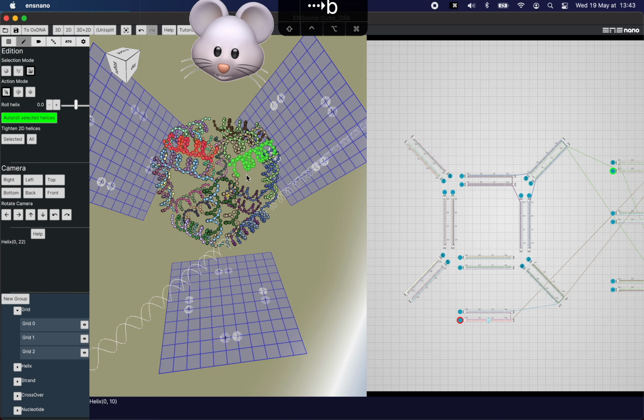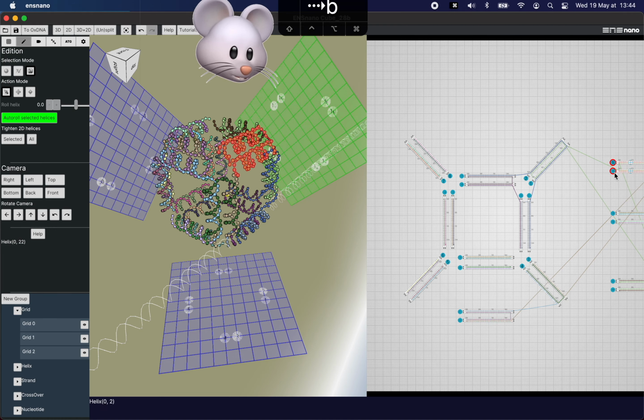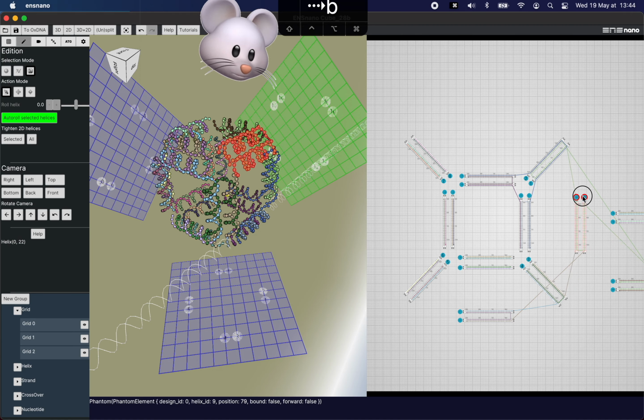So it's 10 and 9. I'm reading the numbers from the status bar at the bottom. Our 9 and 10 are there, and so they should be here. And their numbers should be towards 1 and 2, because the associated grid is the one here.